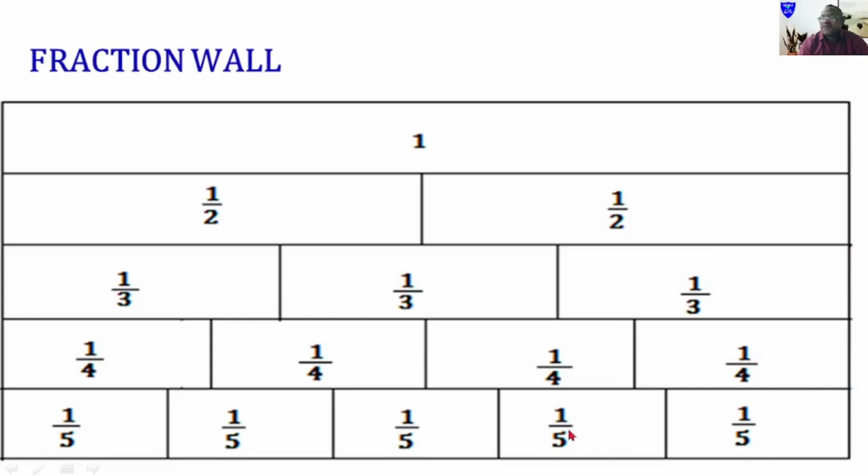And then if you look at 2/5, this fifth added to that fifth will give you 2/5. The 2/5 there are actually bigger than a third, but smaller than half. Now, all this that I'm doing here will become clearer when you start looking at the addition and subtraction